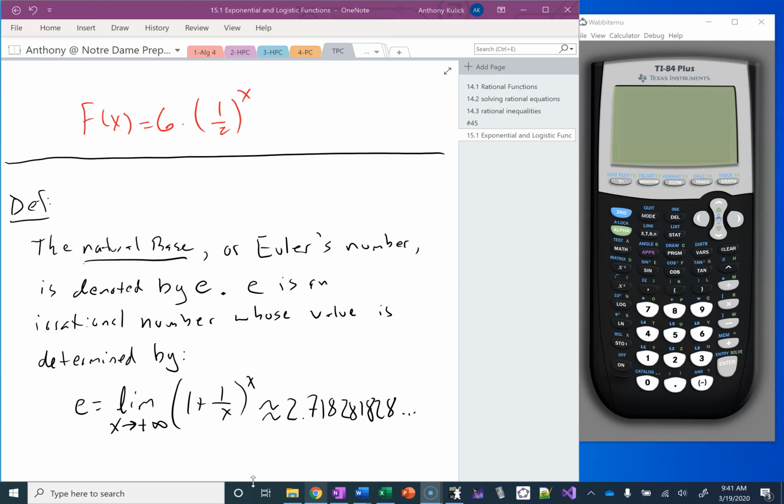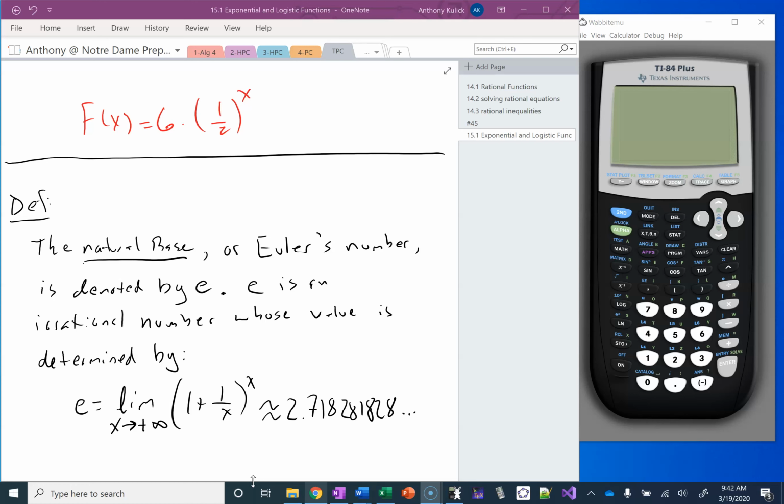The symbol we use to denote this special number is the letter e. So this letter e represents an irrational number. Remember, irrational numbers are those that have decimals that don't end and don't ever repeat, like the number pi. Again, we give that number 3.14, and so on, a symbol to represent it. We use that Greek letter pi. We're doing something similar here by using the letter e. And we chose the letter e because it's the same as the first letter of Leonhard Euler's name, the mathematician